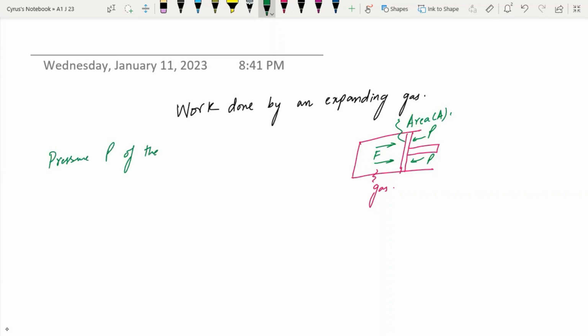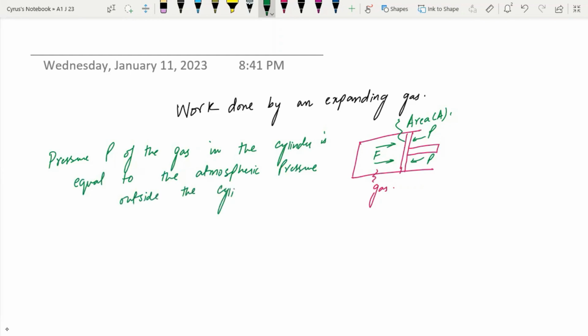You should know that the pressure P of the gas in the cylinder is equal to the atmospheric pressure outside the cylinder. You can see pressure P of the gas in the cylinder is equal to the atmospheric pressure outside the cylinder. And since pressure is P equal to F over A,